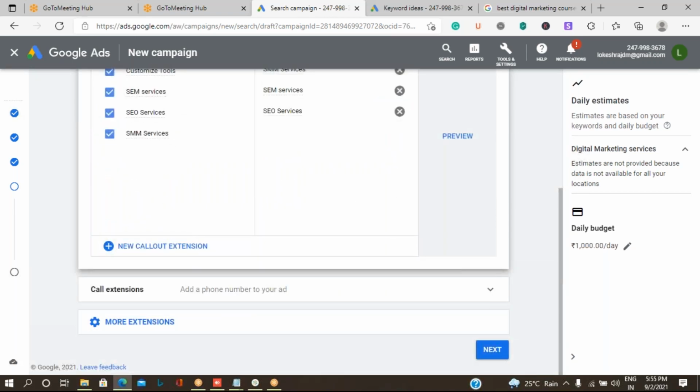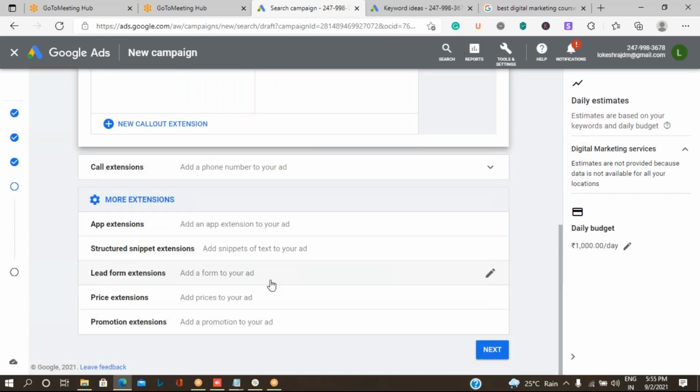So the next thing is call extension. Do you want to highlight your contact number? Then add it in the call extensions. If you want to add more details, then click on more extensions. You have a lot of other options you can select. Do you want to add a Google form or any other type of subscription form?